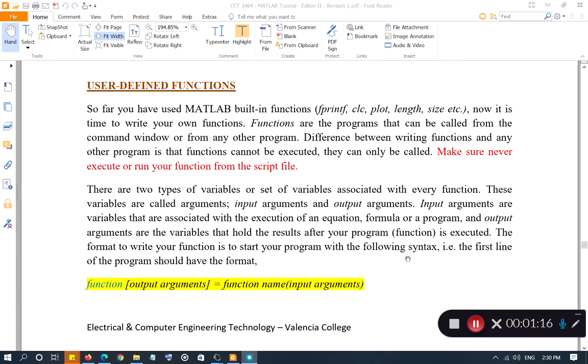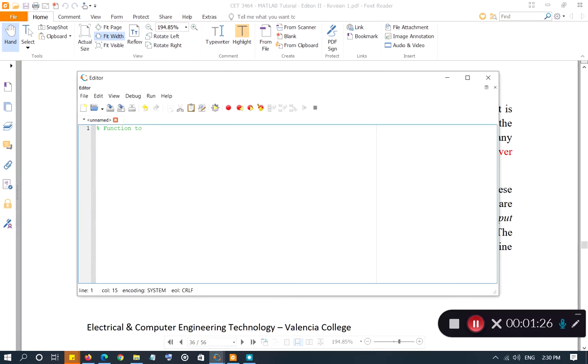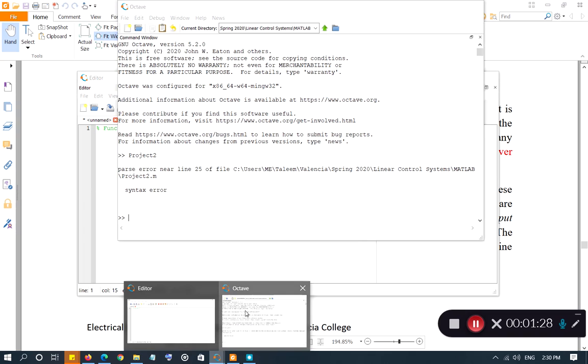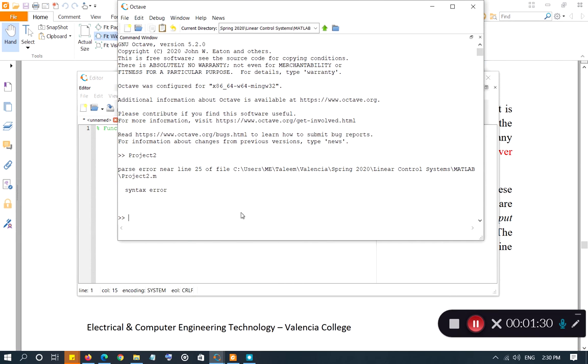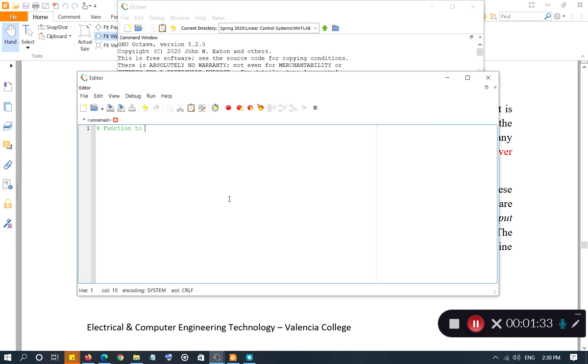So a lot of stuff is given in the tutorial. I hope you're going to read it thoroughly. You will do the solved examples. Let me go ahead and show you how to create functions and what will be the difference between the function and your regular program. So let's say if I want to create a function first,